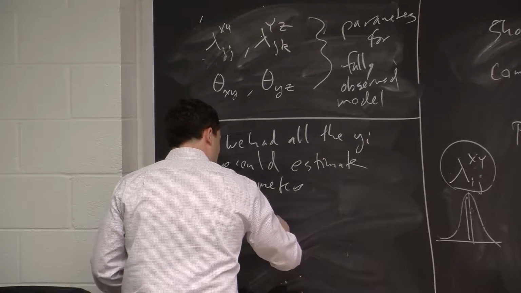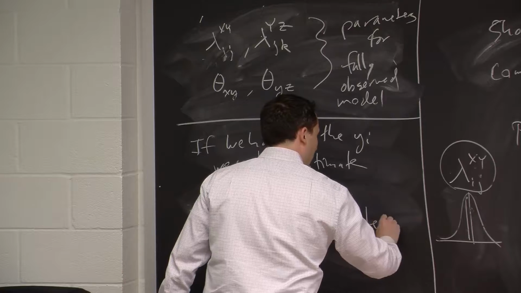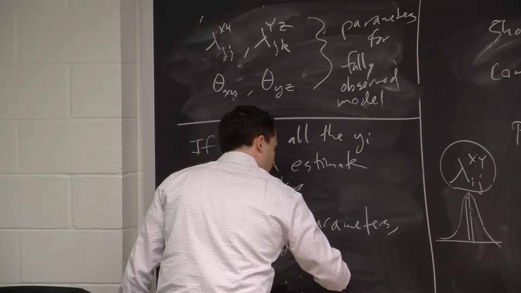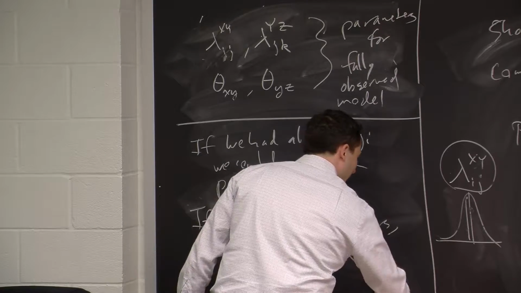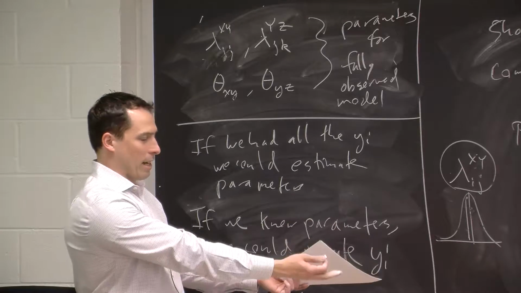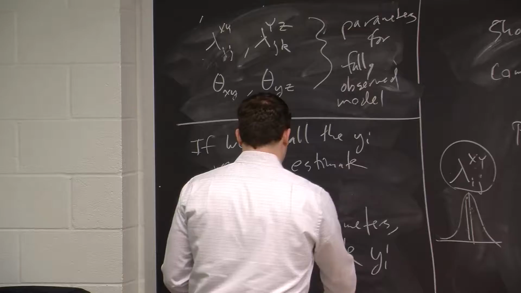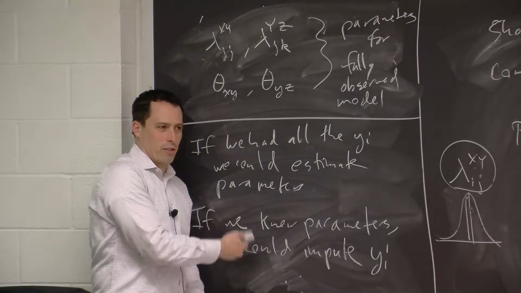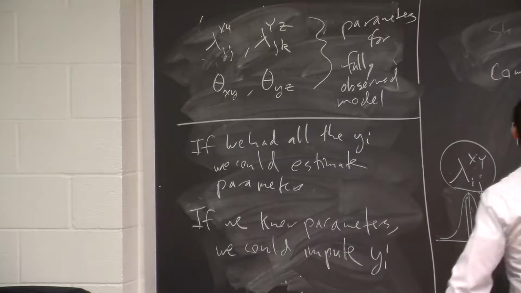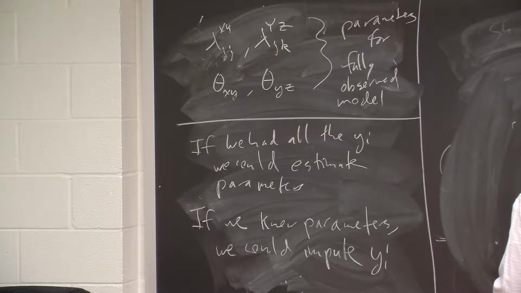Similarly, if we knew the parameters, we could do what we were doing with imputing missing data. We could figure out what the most likely values of the yi's were. If I knew the parameters and I know x and z, I can decide what the most likely state of y is and fill it in. And the problem, of course, is that we don't have either of those things. We don't know the parameters and we don't know the values. But if we knew either, we could get the other. So the idea of the EM algorithm is